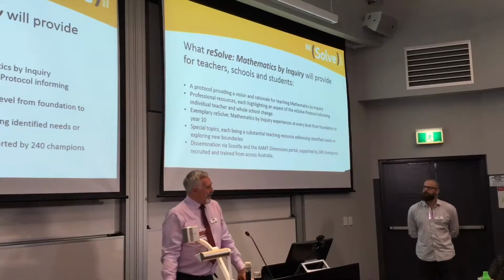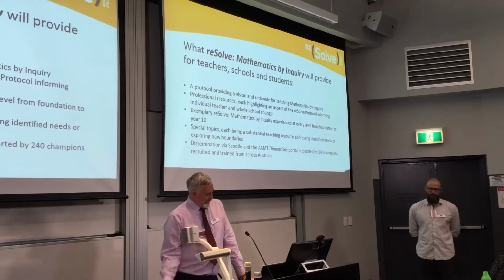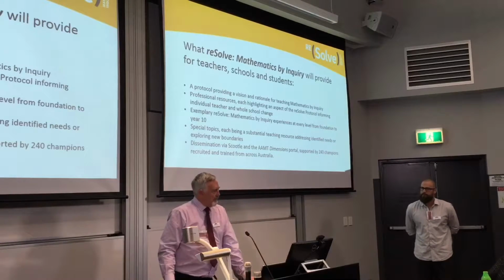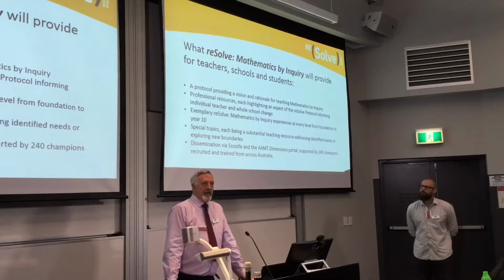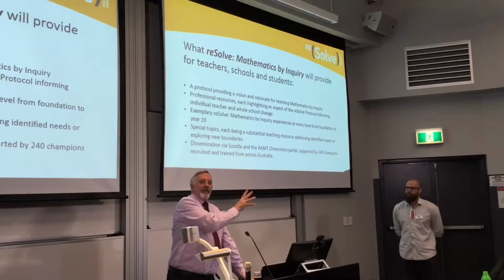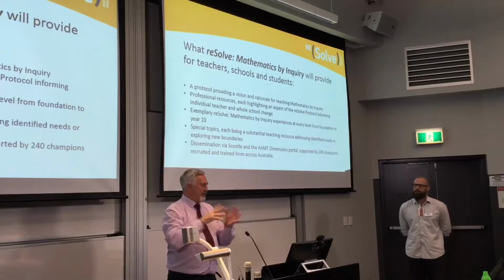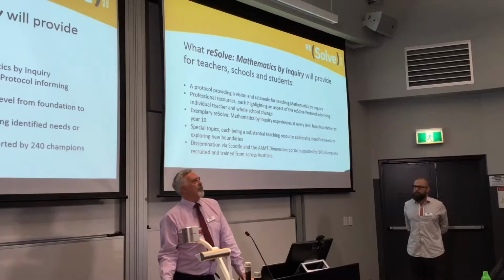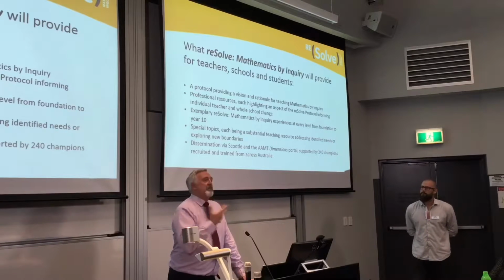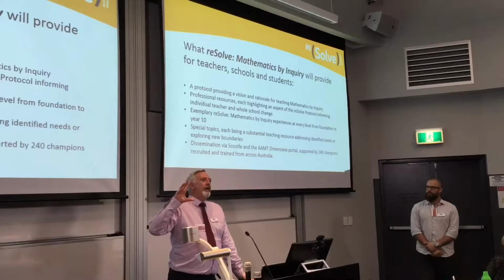Highlighting and, I guess, exemplifying those professional resources will be some classroom learning experiences. They might be whole lessons, they might be little snippets, they might be little activities like you've just seen at every level from foundation through to year 10. That's the brief of the project. There's no brief to do anything prior to school, there's no brief to do anything in year 11 and 12, but certainly foundation to year 10 there will be at least 8 exemplary classroom resources or lessons at each year level. In addition to that, there'll be what we've called special topics, which will be more substantial units of work,